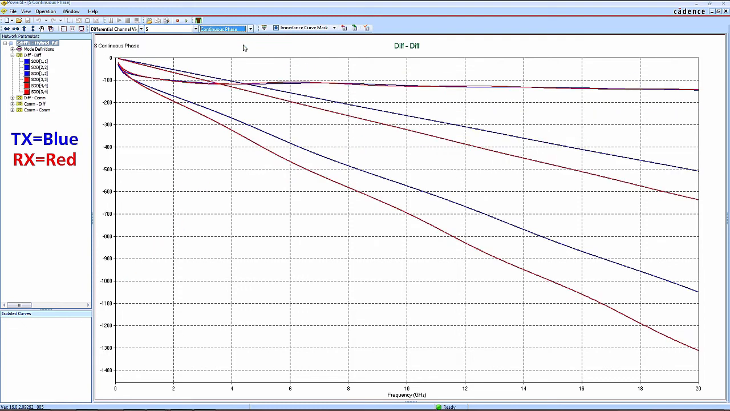There are 3 unique sets of phase behaviors. The board side reflections have very little phase accumulation, and the die side reflections have large phase. Notice the through phase is about half the die side reflection phase. Also, the RX phase is always greater than the TX phase, which makes sense because the RX channel is physically